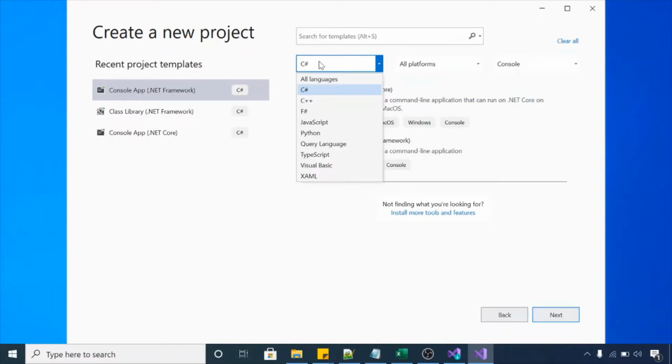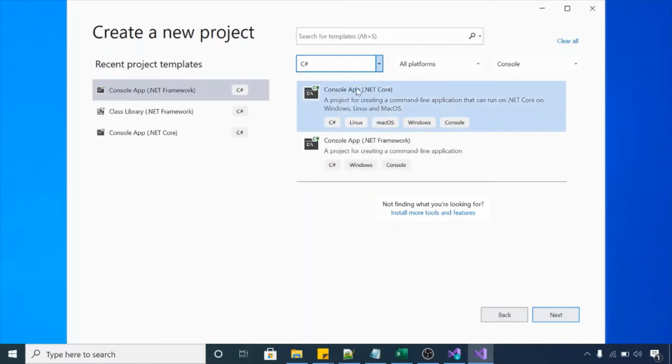Okay, and from here you can select any particular language. If you want to continue with C sharp, then you can select C sharp, or if you want to do development in C++, then you can click C++. Similarly, you have options for Python and Visual Basic also. Okay, so we have to cover the demo in C sharp. Let me click C sharp.